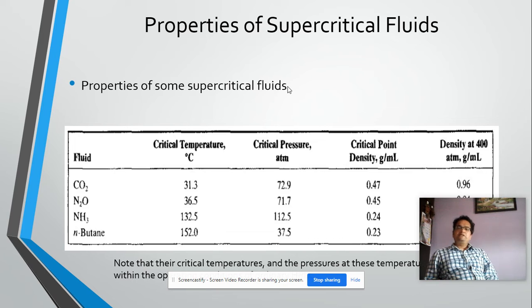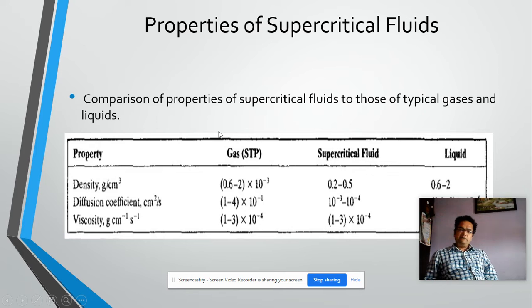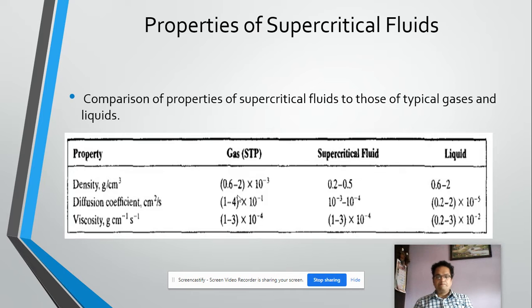Let us see some of the properties of supercritical fluids. Supercritical fluids differ from their counterparts, such as the gaseous phase and liquid phase, with respect to three important properties, which are density in gram per centimeter cube, diffusion coefficient in centimeter square per second, and viscosity in gram per centimeter per second. So here you can see that there is a significant difference in the density